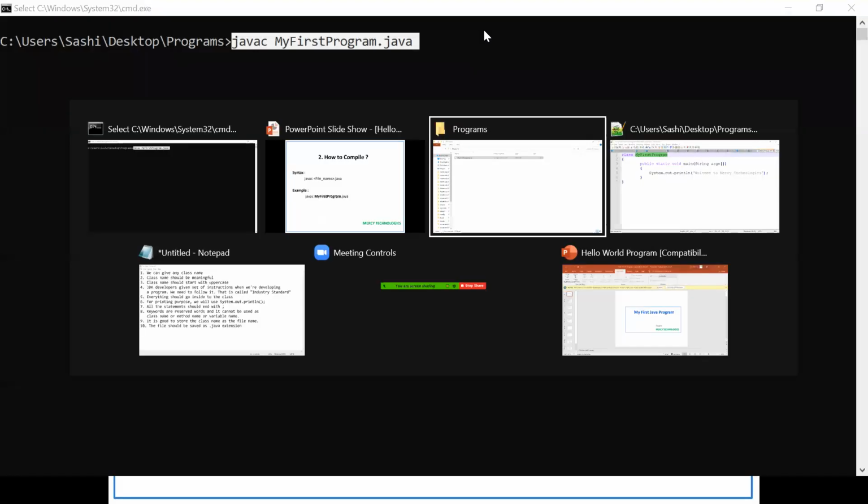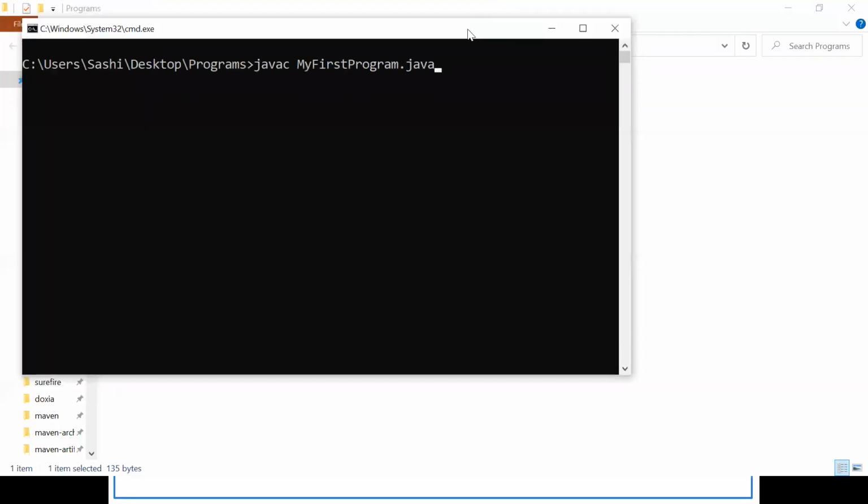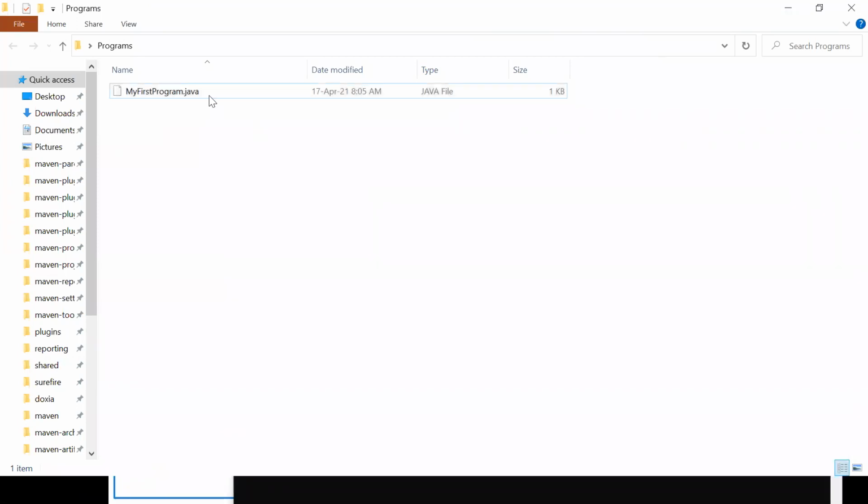Now observe one thing very carefully. Before I compile, how many files are there in my directory? Only one file is there, called my first program.java. You can see the file type is Java.